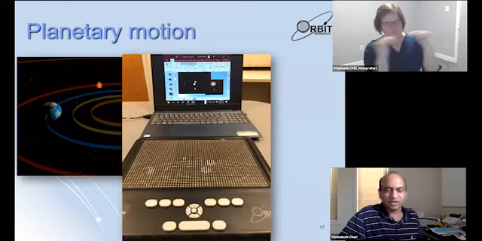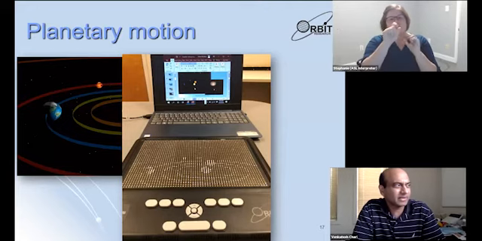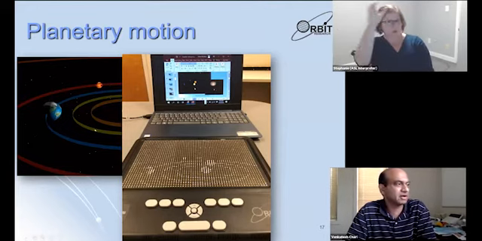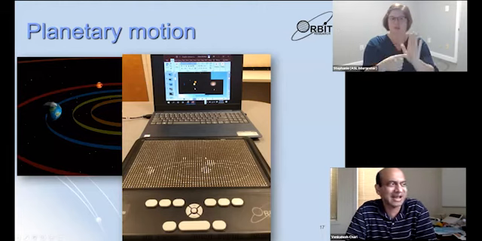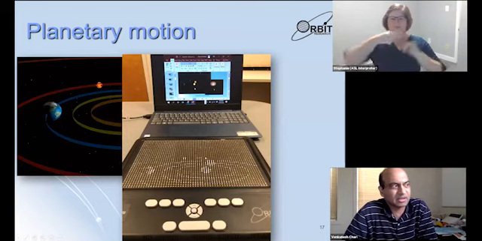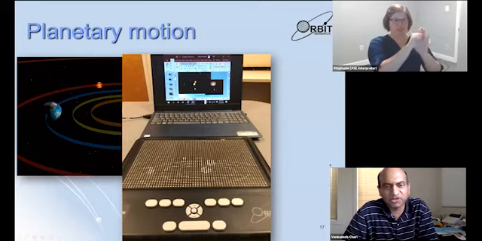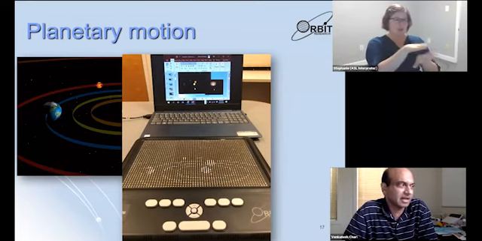So one can explore various images and pictures in real time, but one can also explore concepts. So this here is a picture of planetary motion. This is actually a video. So one can observe a video in real time, with planets and other objects moving at a speed that one would want. One can slow down the video, one can see how objects move,